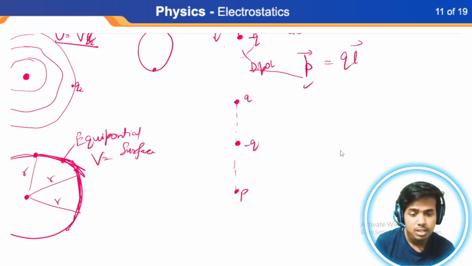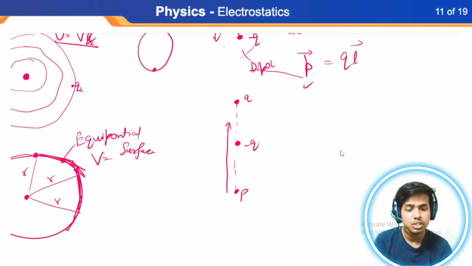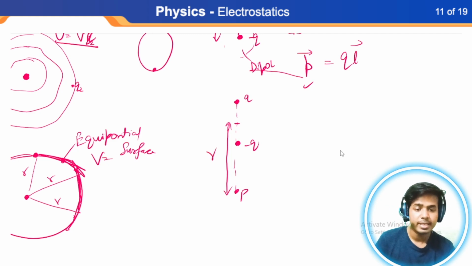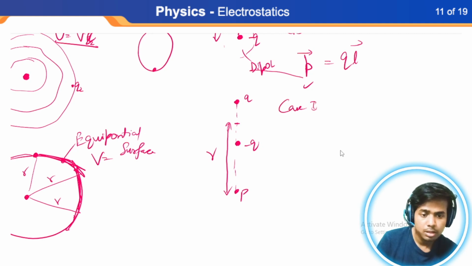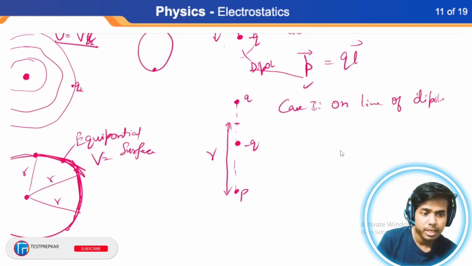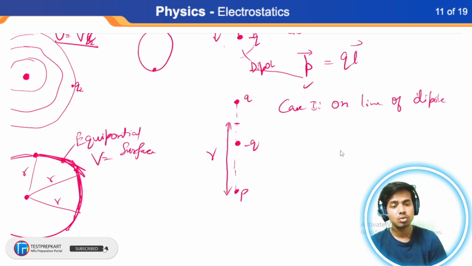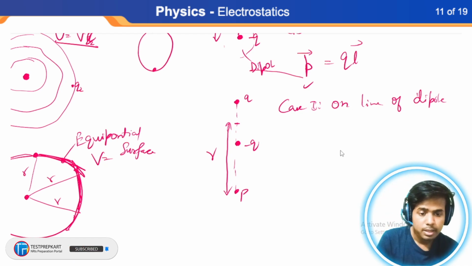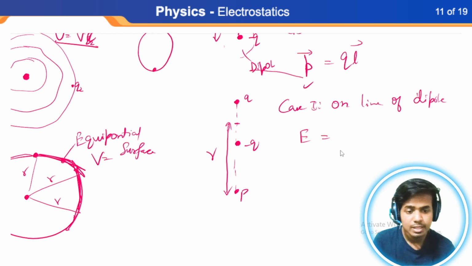There are two different charges. So whenever we find a distance with respect to the dipole, we take the middle point as the reference point of the dipole. So this is the r distance, and in that case, case 1 could be on the line of dipole, जैसा हमने अभी ये बनाया इसमें, इस केस में. तो on the line of dipole, the electric field is given as,